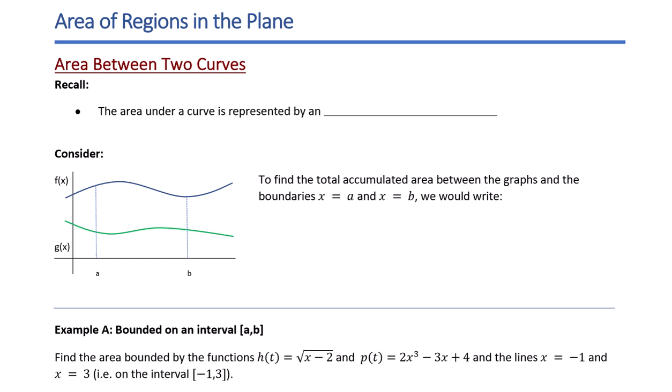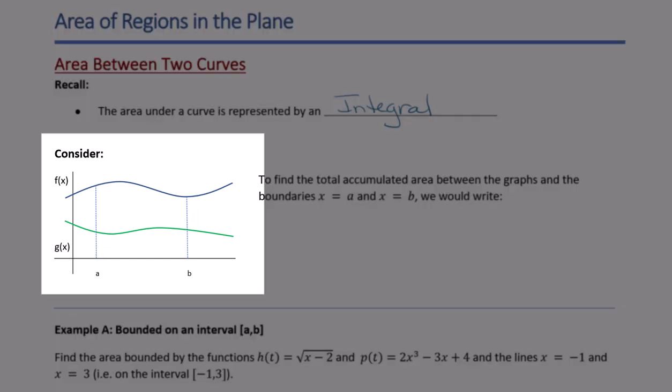Now let's focus on finding the area between two curves. Recall the area under a curve is represented by an integral. Let's consider the graphs to the left where we have the f of x function in blue above the g of x function in green. In order to find the total accumulated area between these graphs and the boundaries where x equals a and x